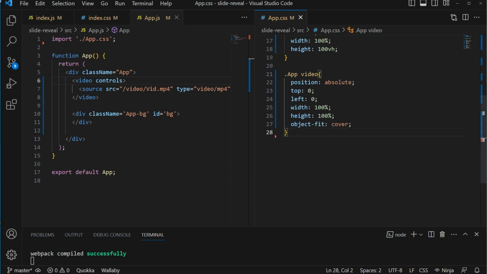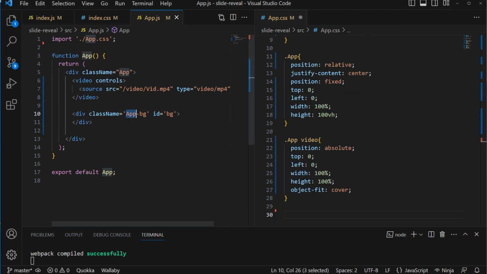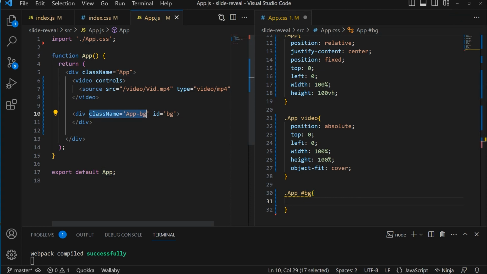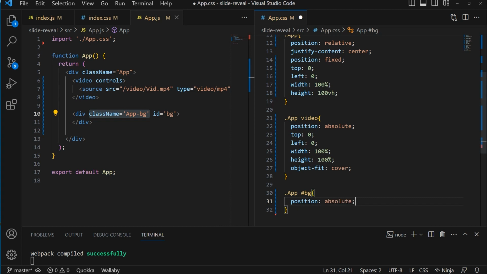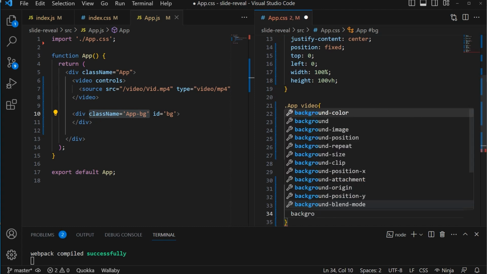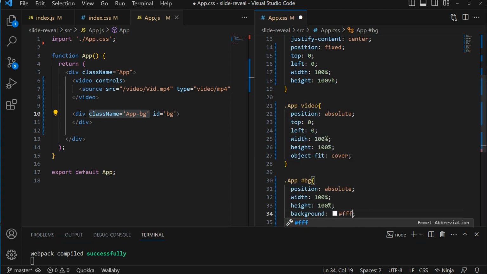All right, and what else do we need to do? App video. Yeah, we need to target the app background. So that's going to be app, and here I'm going to say BG. You can either say it with the ID or you can just say app/BG. I'm just going to give it an ID here. And in fact, this is rendering the class name useless, but it doesn't matter. I'm going to leave it like that for now. I'm going to give it a position absolute. I'm going to give it 100% of the width and 100% of the height. And also, I'm going to give it a background, which is going to be FFF, and I'm going to be